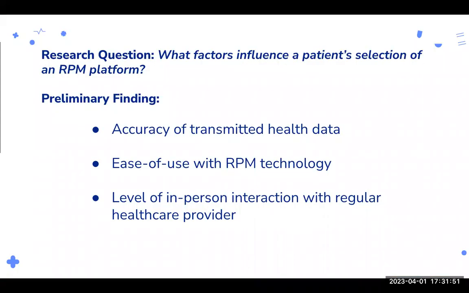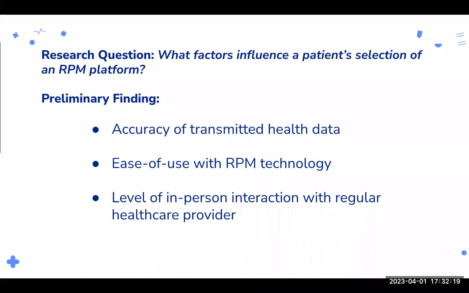Our findings from the TURF analysis were significant for a few reasons. First, it helped to increase our understanding on which combination of RPM features are most important to Care Connection's potential clients, which can help provide Care Connection further direction and how to tailor their direct-to-consumer marketing strategy so that they can highlight those features and attract more clients. Secondly, by identifying the combination of factors that are important to the largest number of customers, Care Connection may be able to gain a competitive advantage